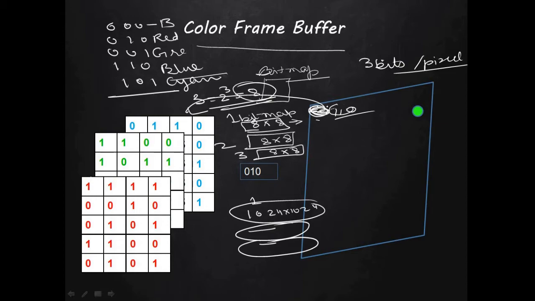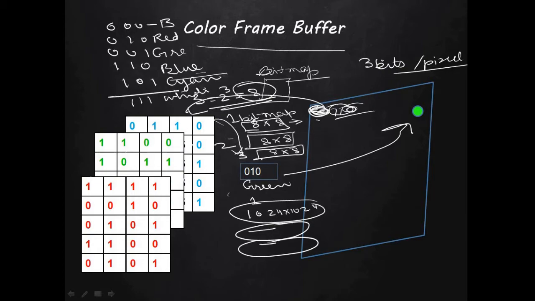Understand? In this way, again the second pixel, and the value is 1, 1, 1. So suppose 1, 1, 1 is white, so it will get colored in white. In this way we can retrieve the values from the frame buffer and assign the color to the pixel accordingly. Understand? Okay, so in this example we have taken 0, 1, 0, and suppose 0, 1, 0 is green, then this pixel will get colored in green.